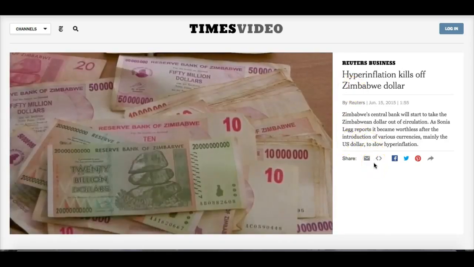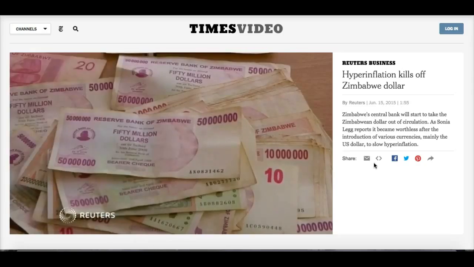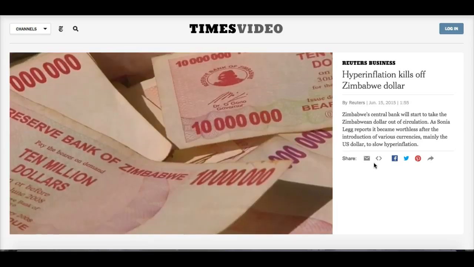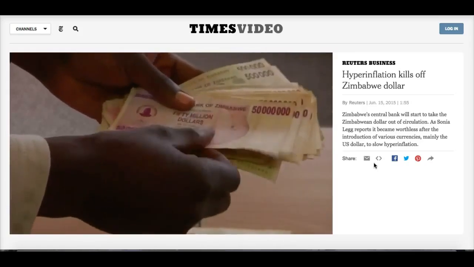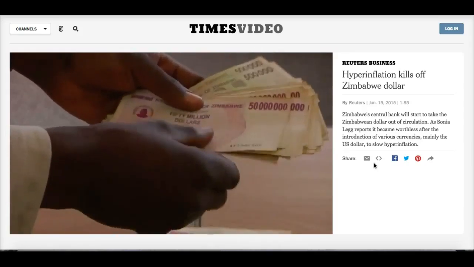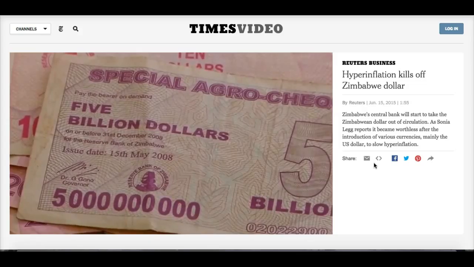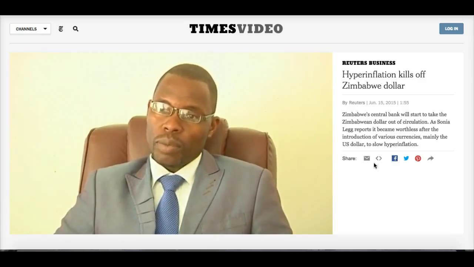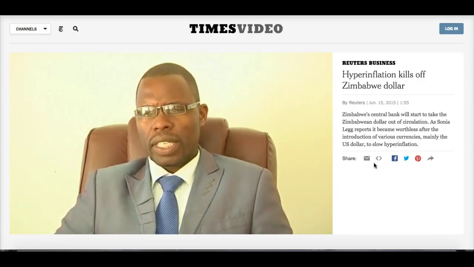175 quadrillion Zimbabwean dollars, worth just 5 US ones. That's the going exchange rate for the now officially defunct currency. Hyperinflation ravaged the local dollar until it hit 500 billion percent in 2008. The government was forced to allow the use of foreign currencies like the US dollar. Christopher Magaga is CEO of Zimbabwe's Chamber of Commerce. A lot of people were quite aggrieved as they felt they'd lost a lot of money after we had converted in February of 2009 into US dollar terms. So, as a Chamber of Commerce, we believe this could be a right move for the government in trying to